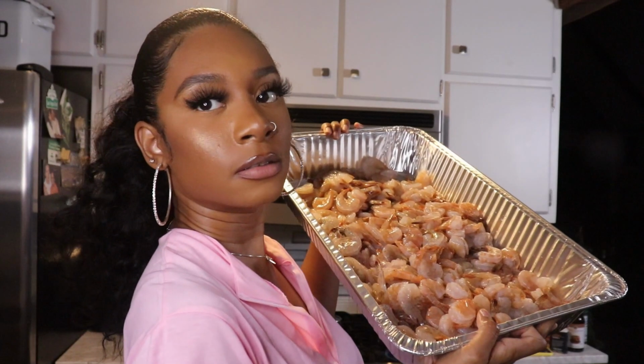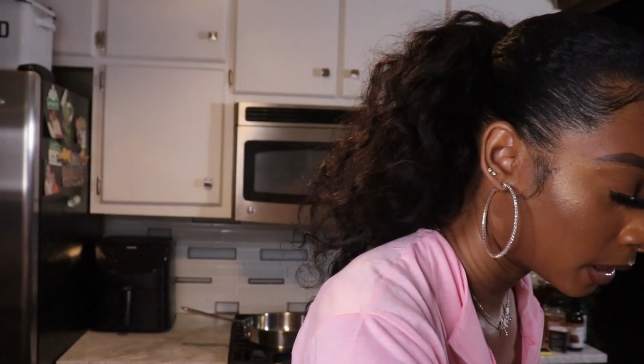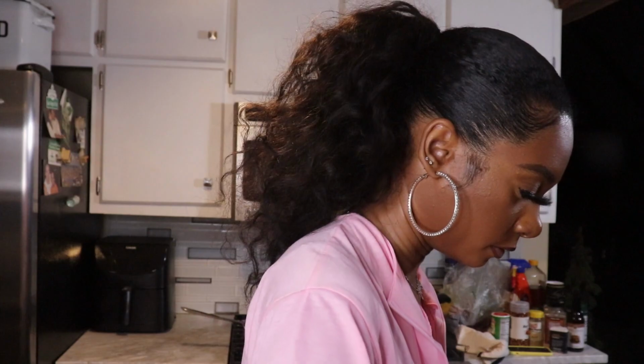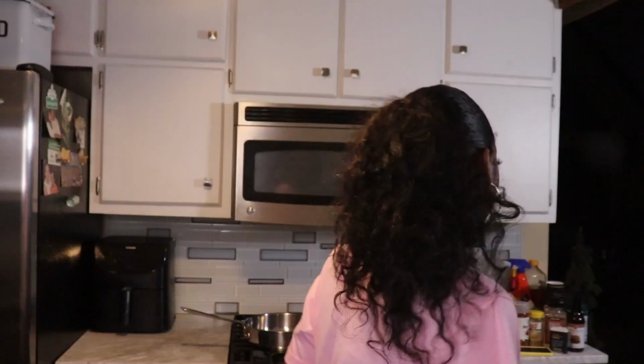Look at this. Y'all see? My shrimp are all clean. So all you're gonna do is just sprinkle some Old Bay seasoning all over your shrimp. Sprinkle a little Creole on here. That much. Then some